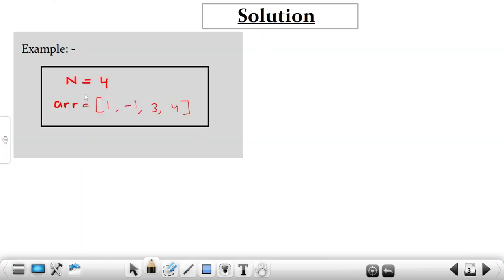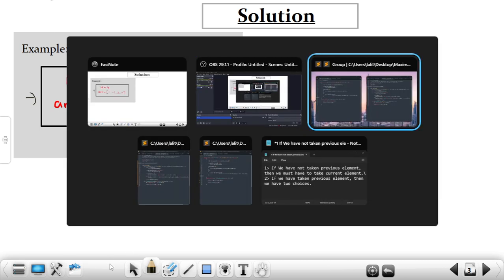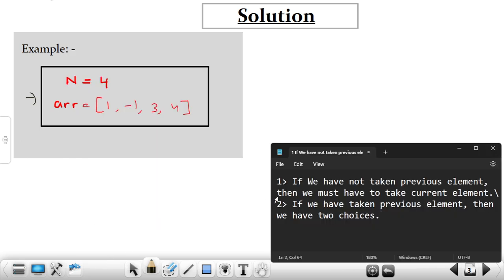In order to explain the solution, I have written the same example which is given in the problem statement. For this example, we can make some observations. So let me open the notepad here. Here I have written two important observations. So let's say I'm at a particular index i. Now whether to include or not include this element, because for this problem, as we have to choose these subsets,